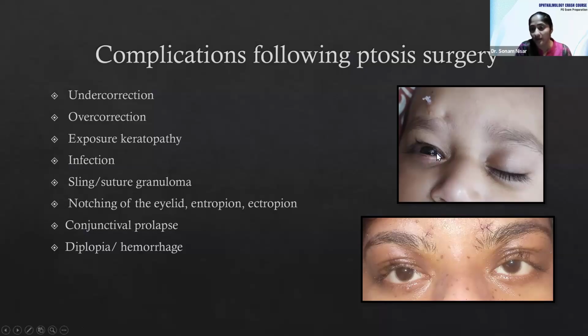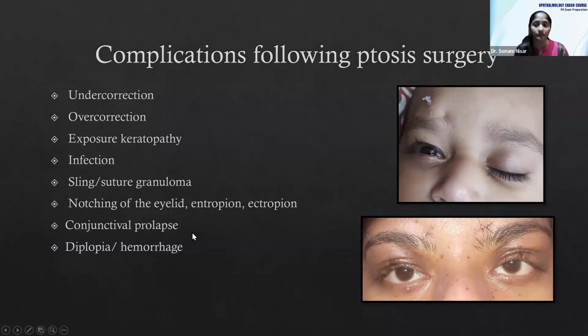And at that point of time, it is extremely important to understand that Bell's phenomenon plays a very important role here. So this is a child, as you can see, who has lag of ophthalmos while he's sleeping. He has poor Bell's. And you can also see another complication here, that the sling has been exposed right here. So you can have recurrent suture granulomas, you can have a sling exposure, sling infection, you can have notching of